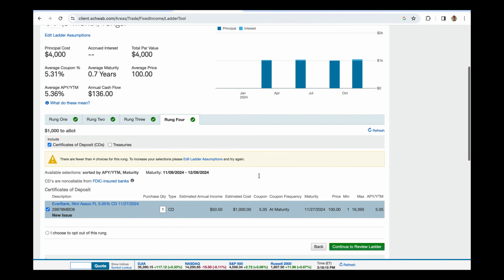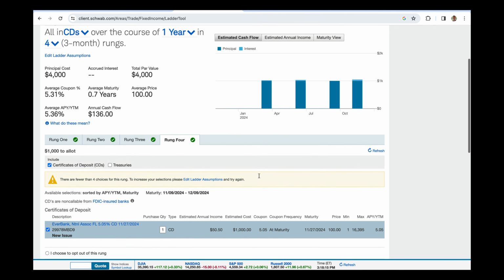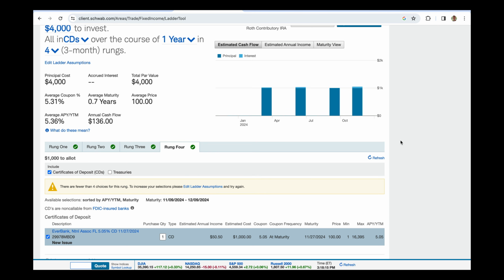And here you can see some of the statistics about this ladder. Our principal cost is going to be $4,000. Once again, the minimum is $1,000 per rung. The coupon percentage is 5.31%, and the average APY is 5.36, very similar. And right here, it simplifies it for us even more and tells us that the annual cash flow, the amount that will be paid per year, is